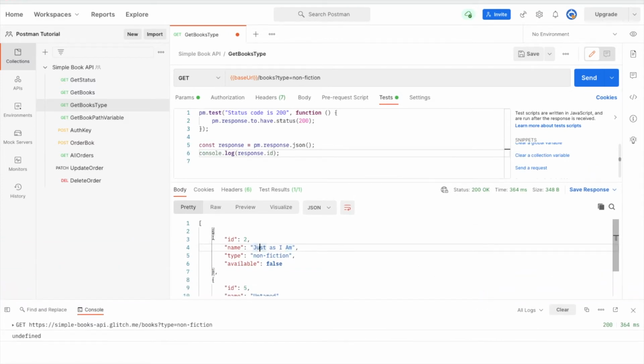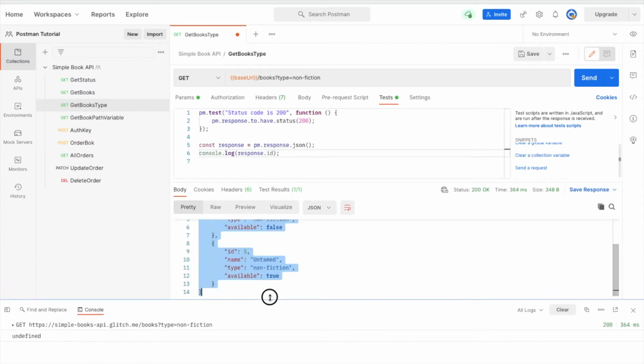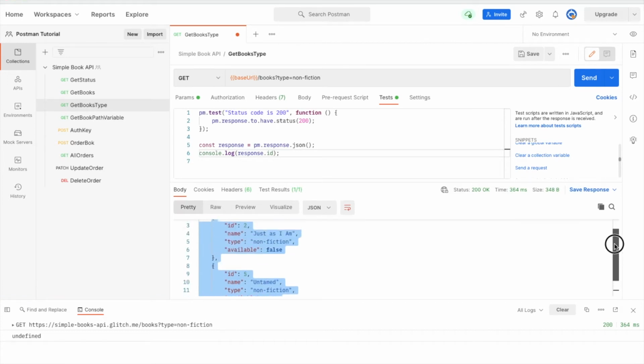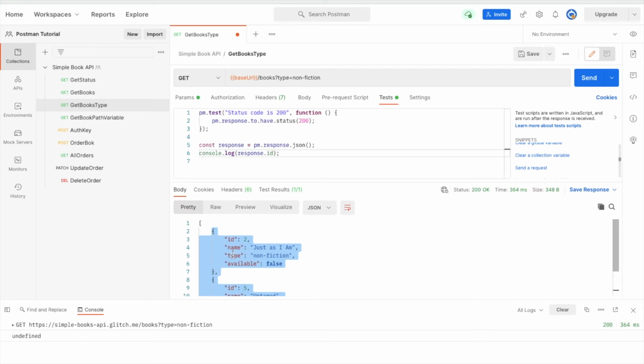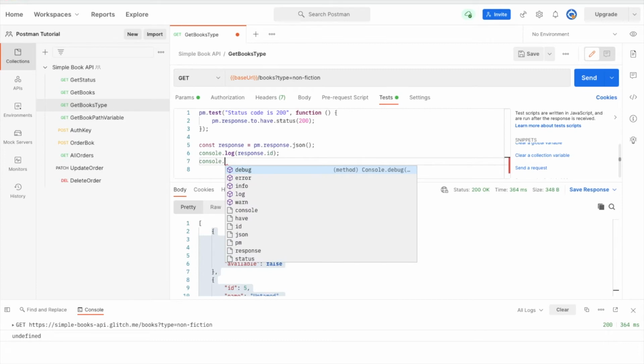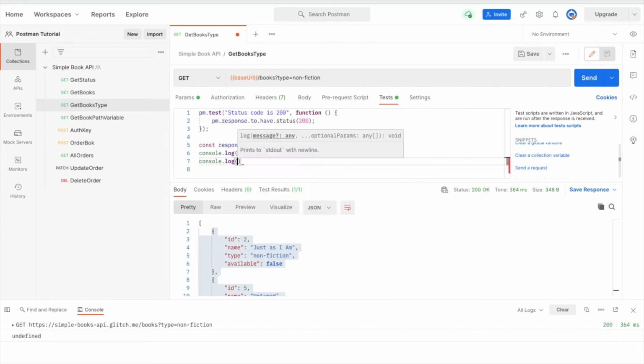this value is coming in JSON. This is my JSON, and you can see that there are multiple values available. So it becomes an array. So let's see what we need to do for that. Let me write down console.log response. Now I'm writing 0, giving an index over here,